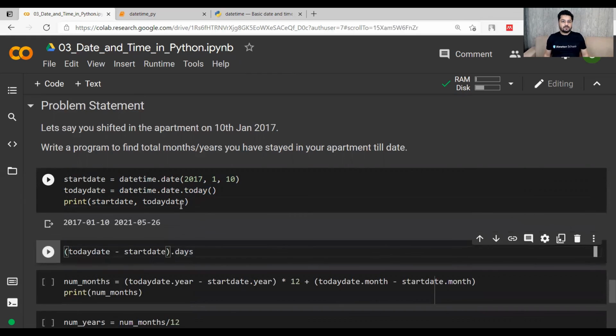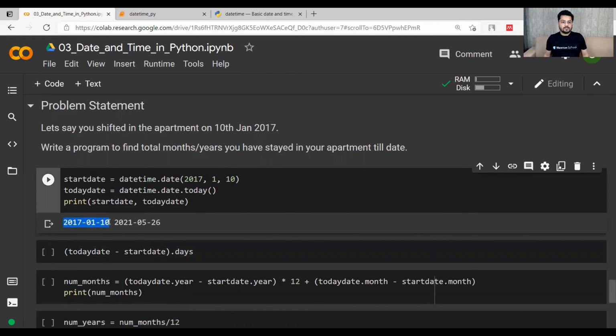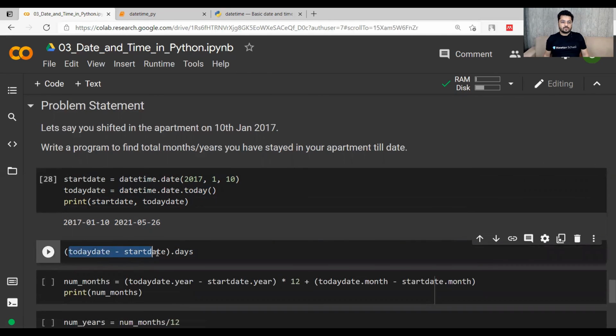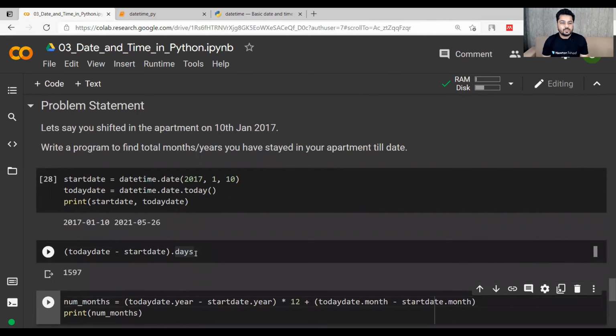The start date was 2017 January 10 and the current date is 2021 May 26. If you want to find the number of days between these two, simply do a subtraction with .days along with it, and the number of days will be printed. There are a total of 1597 days that have passed since 10th of January 2017 till the present day.